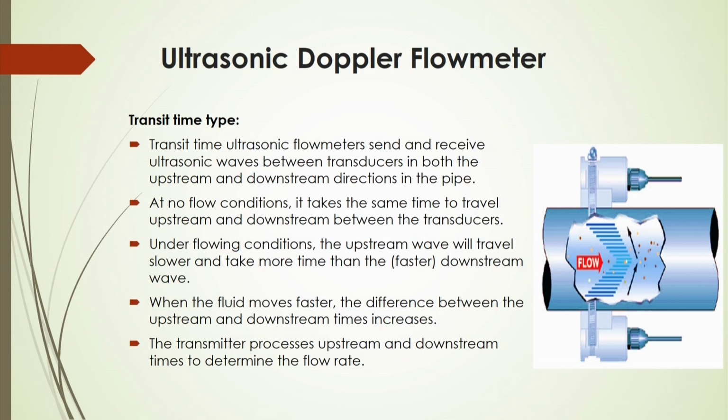And when you have the travel time of this wave from the upstream to the downstream, you can then relate the flow rate with this time. So, you have to first calibrate with a known velocity of the flow rate and calculate the time, and then make a relationship between the flow rate and the time, and then you will get the relationship of time versus flow rate.